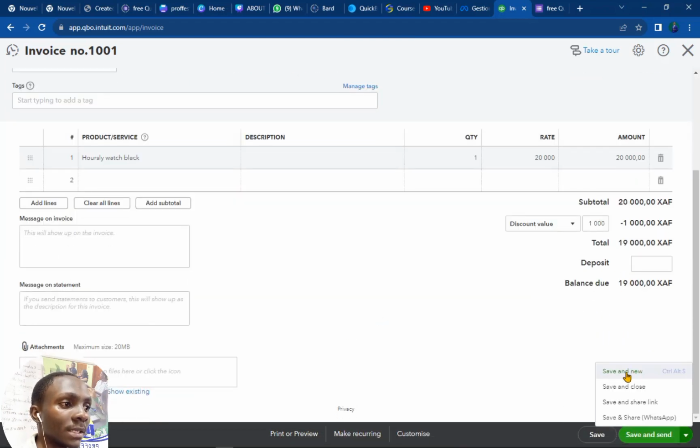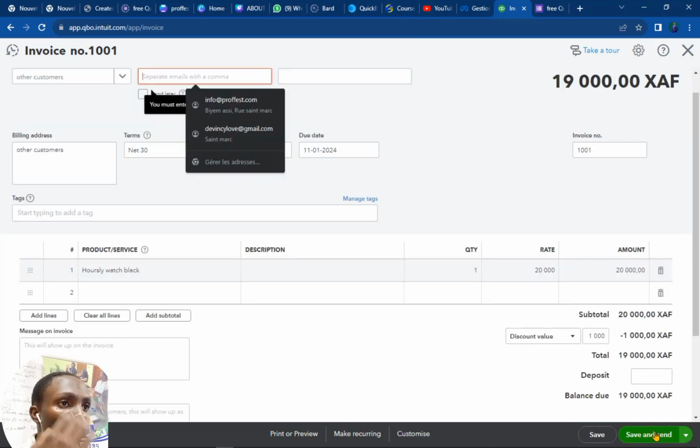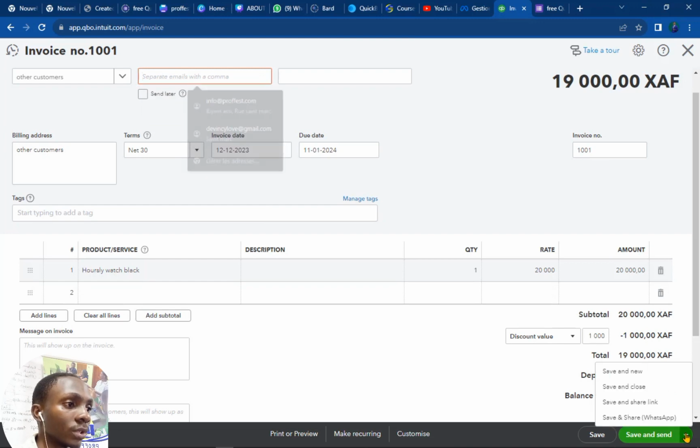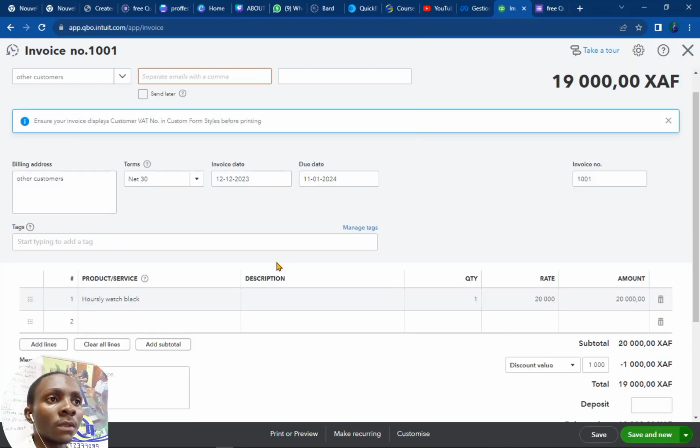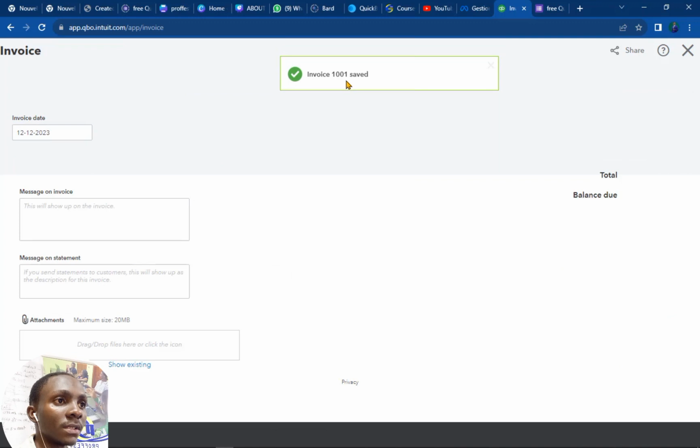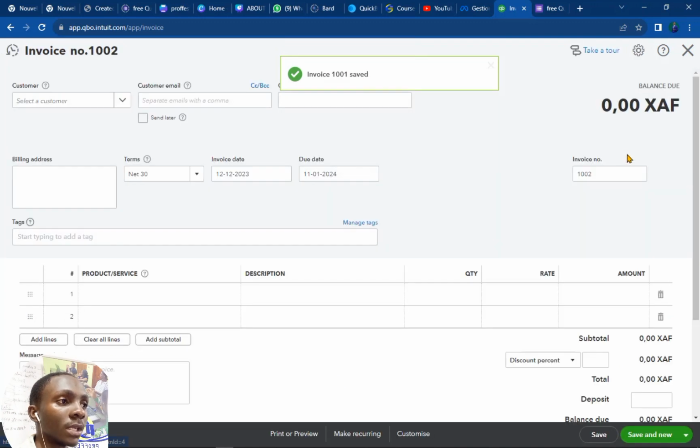So with this drop down list, I can save and new, I can save and close, I can save and share link, then I can equally save and share on WhatsApp if my computer is connected to WhatsApp. So what I will do here is I will take save and send. So okay, I can't send because this customer has no email, so I will just take save and new. Save and new will permit me to save this invoice number 1 and will permit me to get to invoice